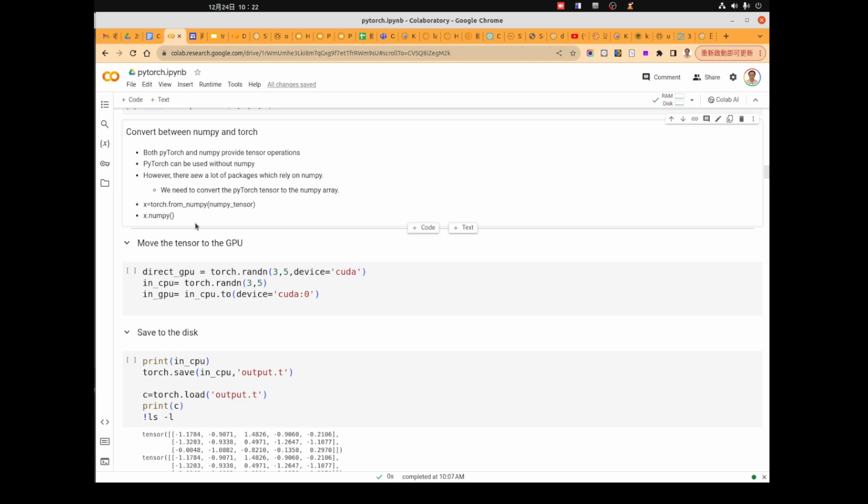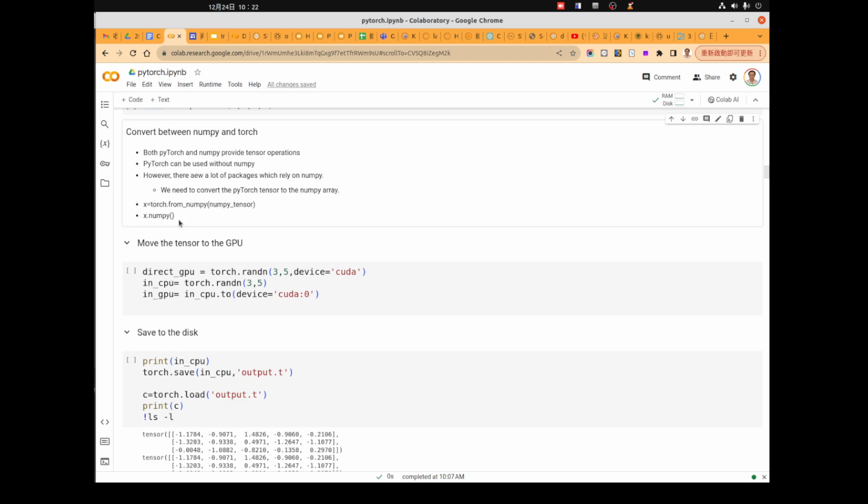Actually that's very simple, and the implementation of PyTorch has made it very efficient as well. PyTorch provides a function called from_numpy, so you can convert the data from NumPy to a PyTorch tensor. And the other way, we can convert the tensor back to NumPy.